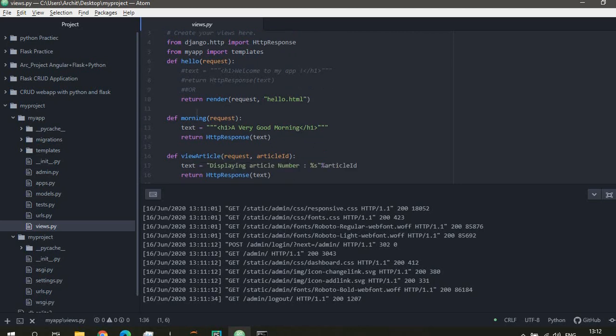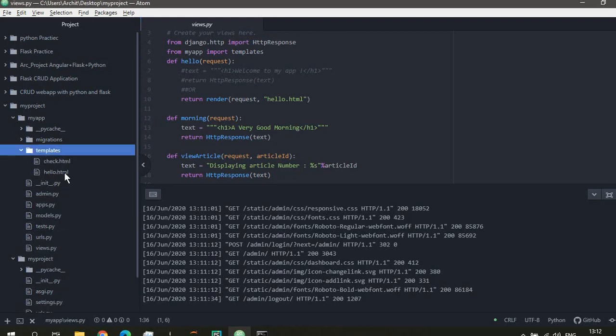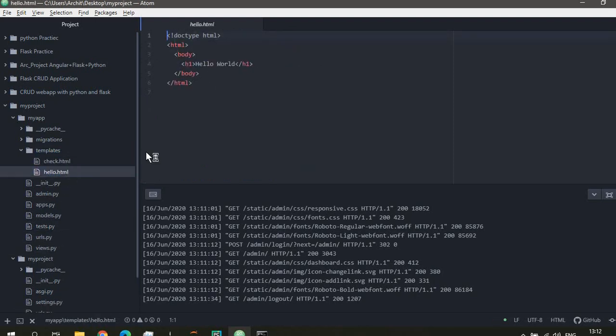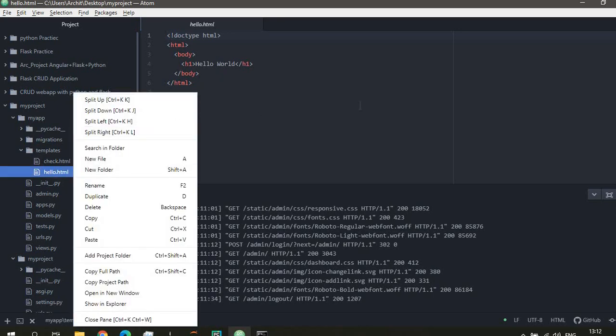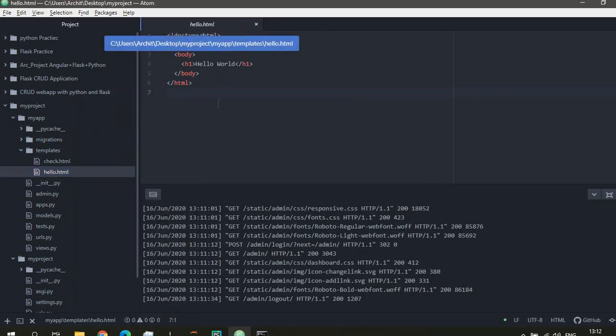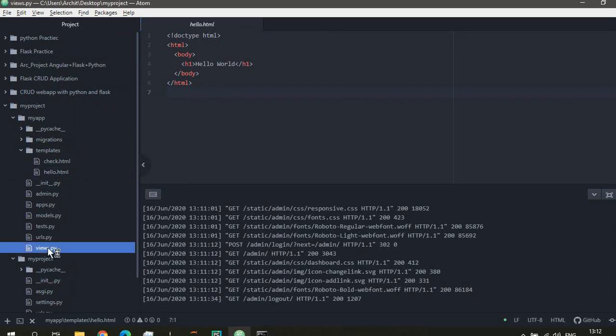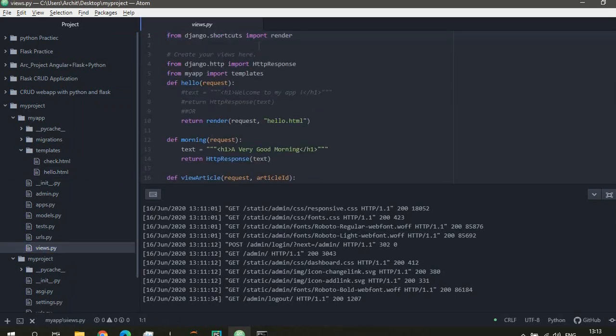So I'll create a template inside my app folder templates and add another in this templates. Now this is the templates file. Apart from that, when I go back to my views file, I can call that template and use it using this render request hello. So to implement, see how this works.